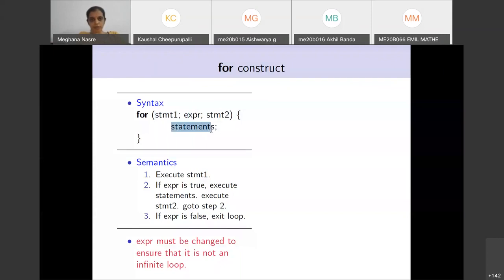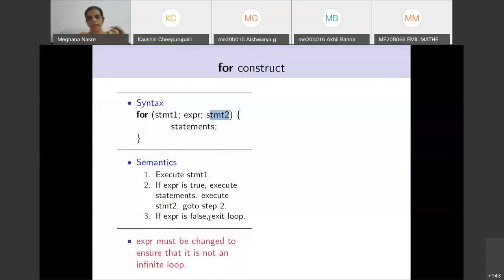for loop. After we are done with executing these statements, we are going to execute this statement 2, which is typically a loop counter increment, as we'll see in our example. Then we will again evaluate the expression. If it is true, execute these commands again the way we have done. If the expression is false, we are going to exit the loop, right? So the test of the expression,